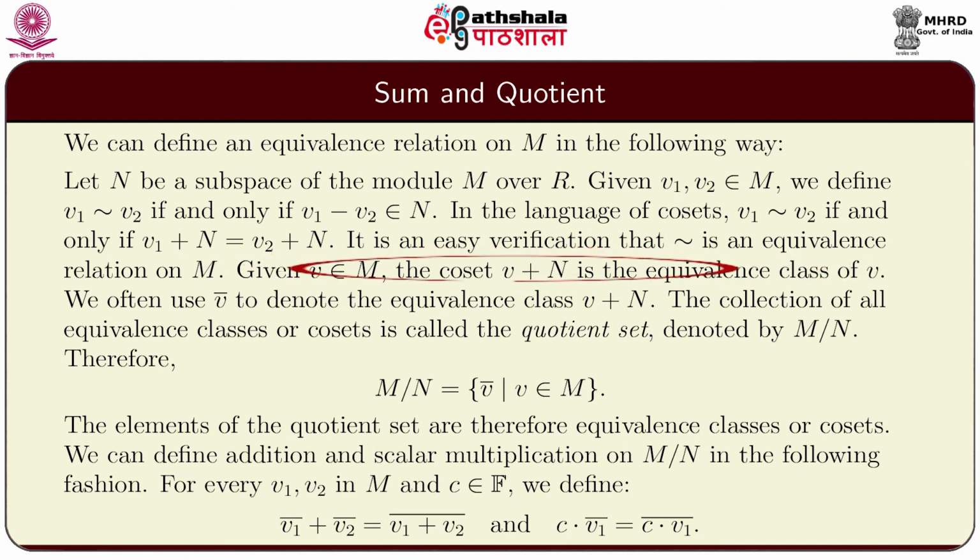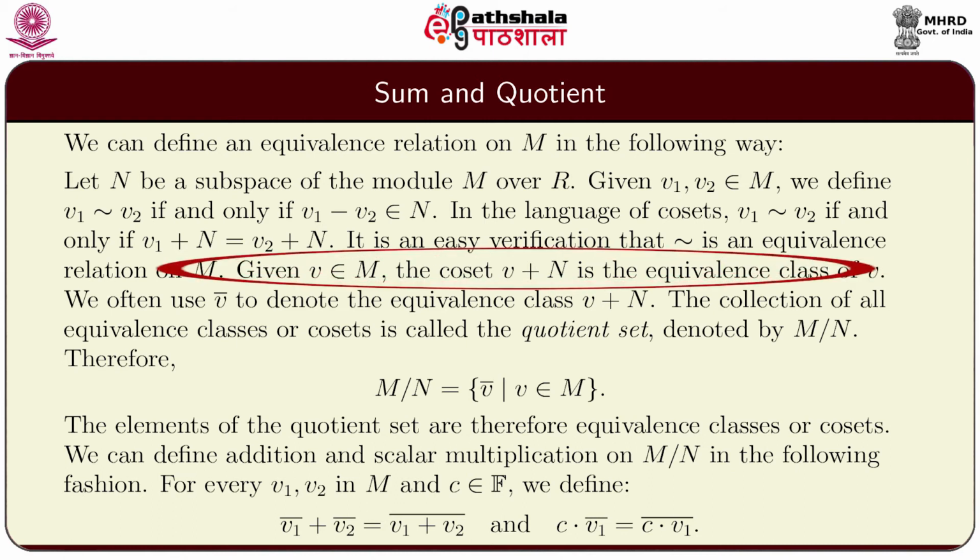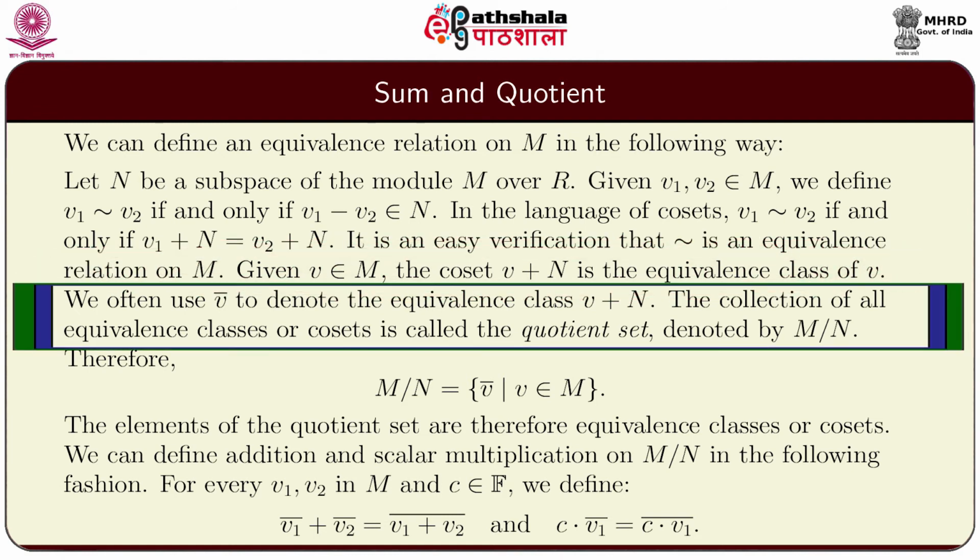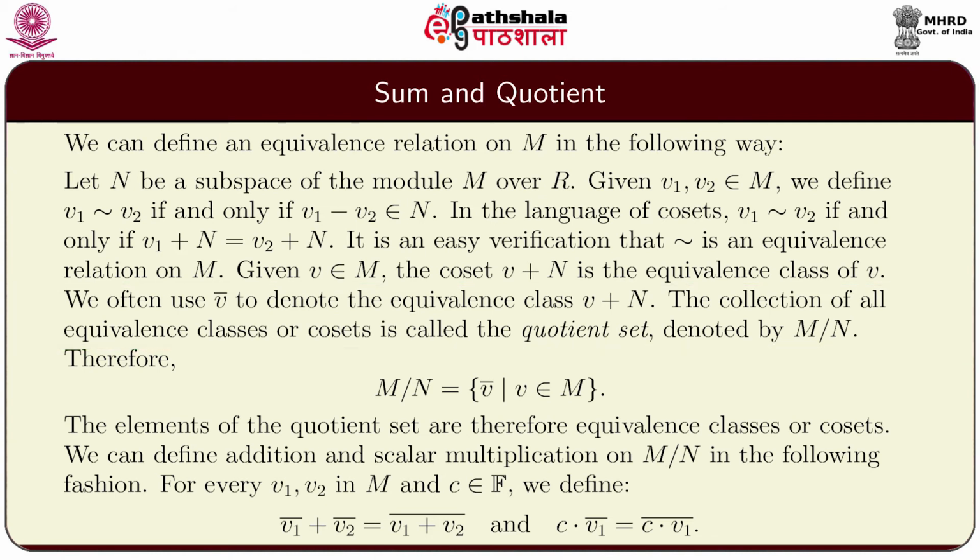And given v in M, the coset v plus N is the equivalence class of v, and we often use v bar to denote the equivalence class, which is nothing but the coset v plus N, and the collection of all equivalence classes or cosets is what is called the quotient set, denoted by M quotient N or M modulo N,